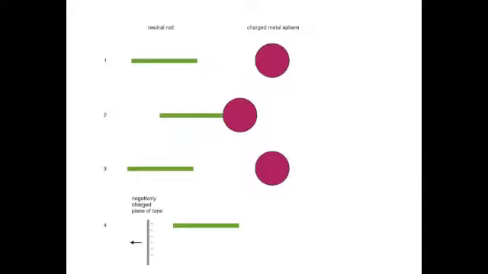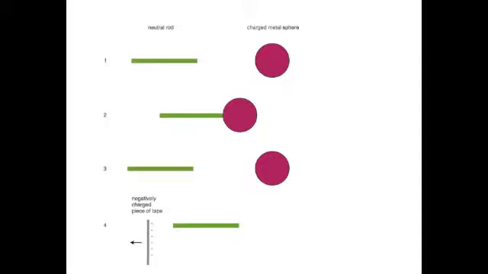So on this screen you see a visual interpretation of what the problem gave you. There's a neutral rod, a charged metal sphere, you touch them together, bring them away, and then in the end the originally neutral rod repels the negatively charged piece of tape, which means that the neutral rod now has some charge. So the first thing I did to solve this problem was to figure out which charge the metal rod now has. Since opposites attract and similar charges repel each other, we know that the rod is negatively charged at